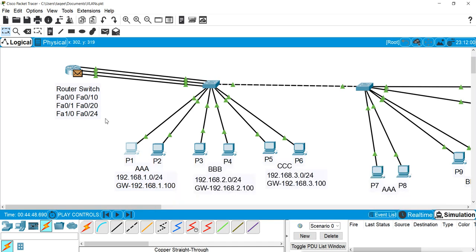Now what will the router do? The router will check the routing table. It says, okay, that network is connected to my FastEthernet 0/1. So it will forward the data into that port, and with that port it will reach the switch. That port on the switch belongs to VLAN B, so it will reach PC3.